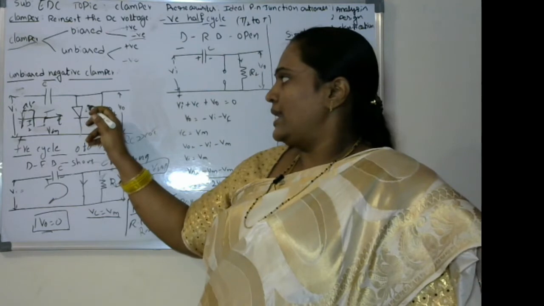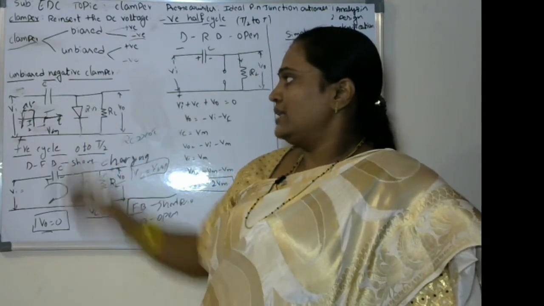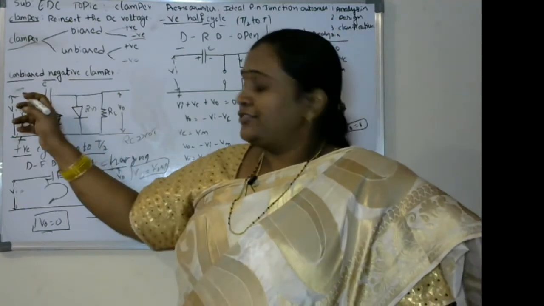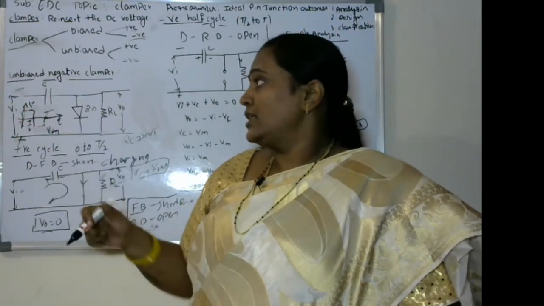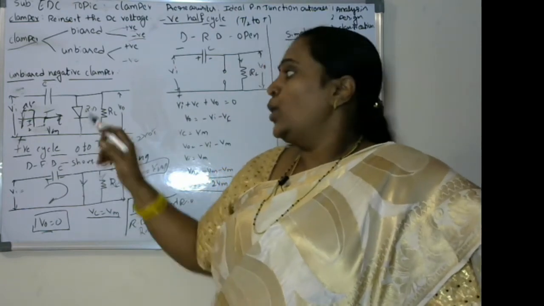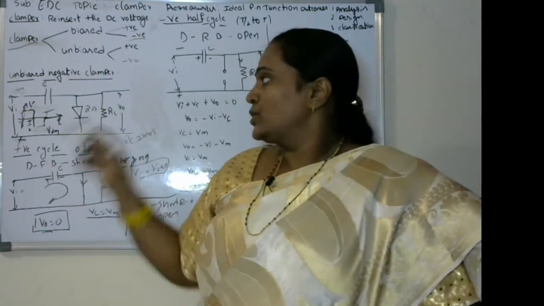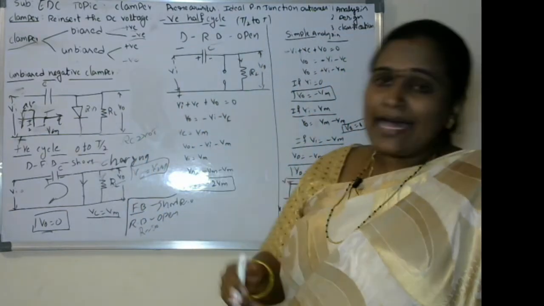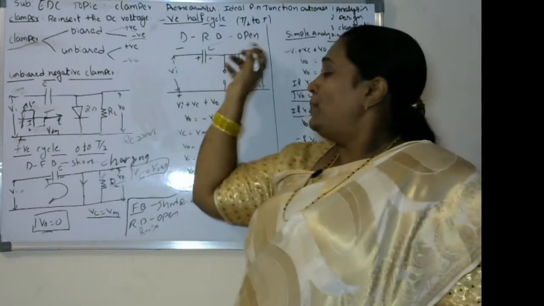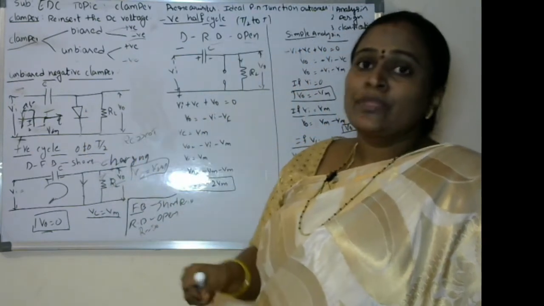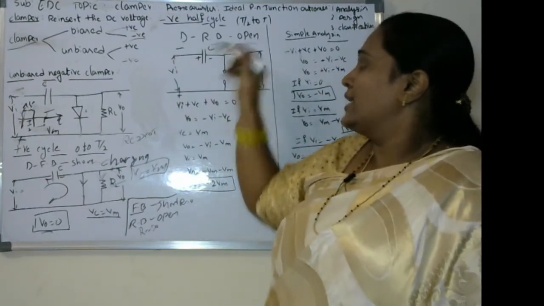The diode is in reverse bias. The P type of the PN junction is connected to the negative terminal of the signal, and the N type of the PN junction diode is connected to the positive terminal of the signal. So the diode enters reverse bias. Once the diode is reverse biased, it acts like an open circuit according to the ideal characteristics of a PN junction diode. So the diode is in open condition now.